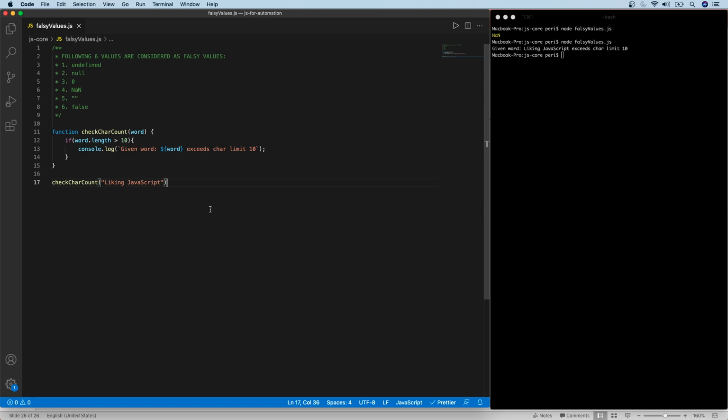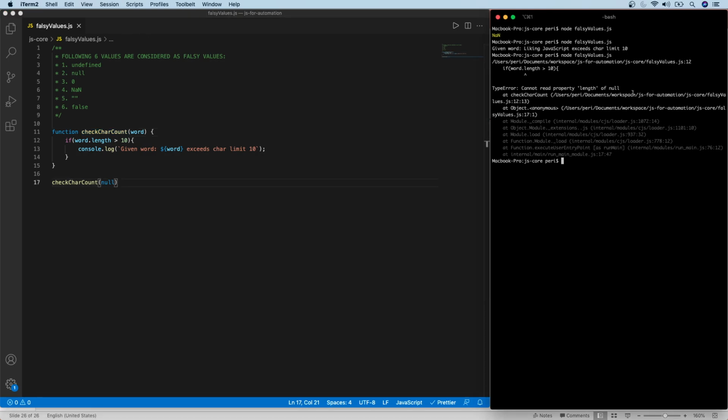In those cases, if that value for some reason comes as undefined, or let's talk about a more realistic example, null. For example, if the DB query is returning a value called null and you are executing this function now, we're going to see an interesting answer. We see a type error: cannot read property length of undefined. If I provide undefined, it will say length of undefined, or otherwise it will say length of null, because null as a type does not have a property called length, because null is not a string type.